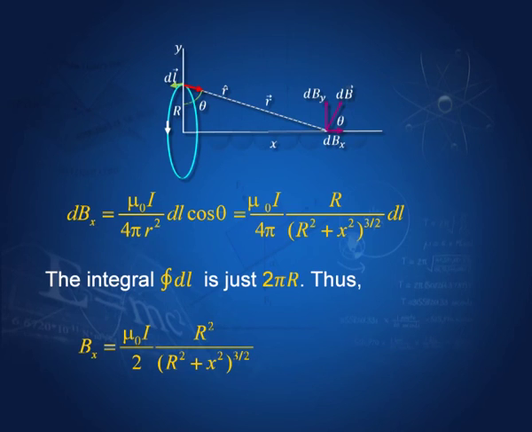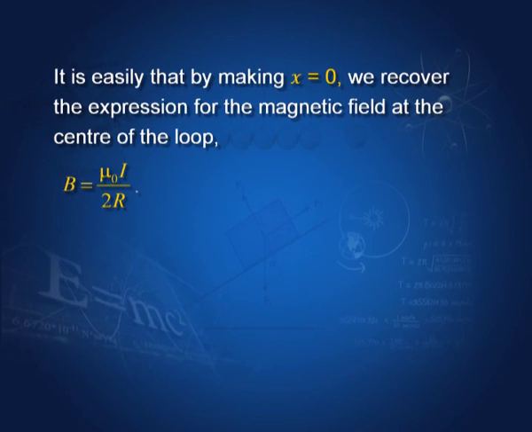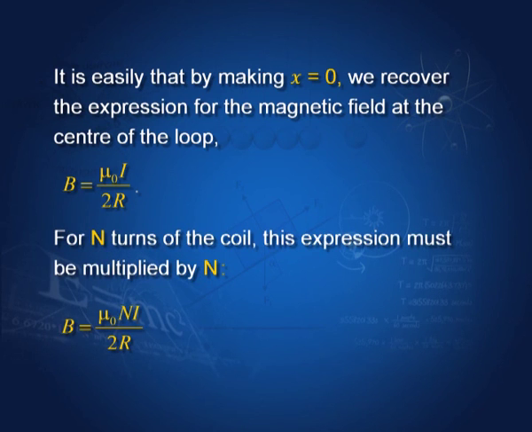The direction of the field, you see, d l cross r would be in this direction as shown, and along the axis the component would be cos theta of that. So, that is the magnetic field along the axis of the loop. And you can easily see that if I put x equal to 0, we get the center of the loop and we get the earlier result. This is r cubed and this is r squared, so we will be left with 1 r. So, it will be mu 0 I by 2 r, the earlier result, and therefore, once again we verify that what we are doing is the right thing.